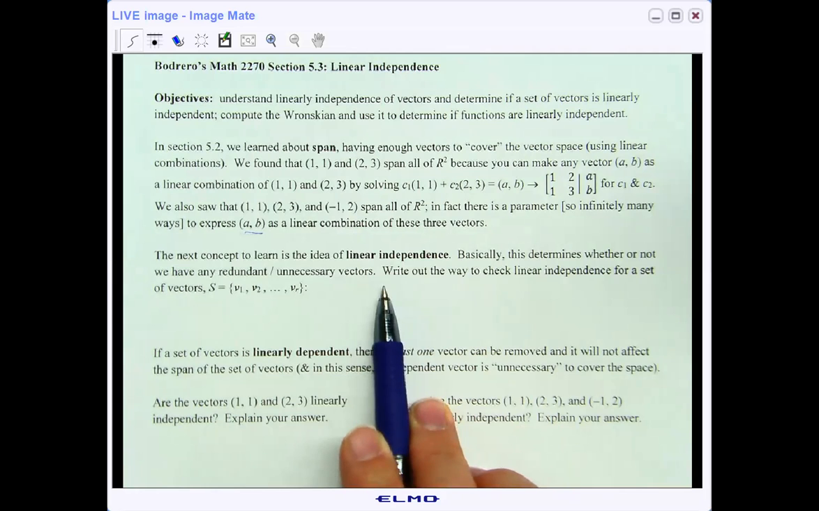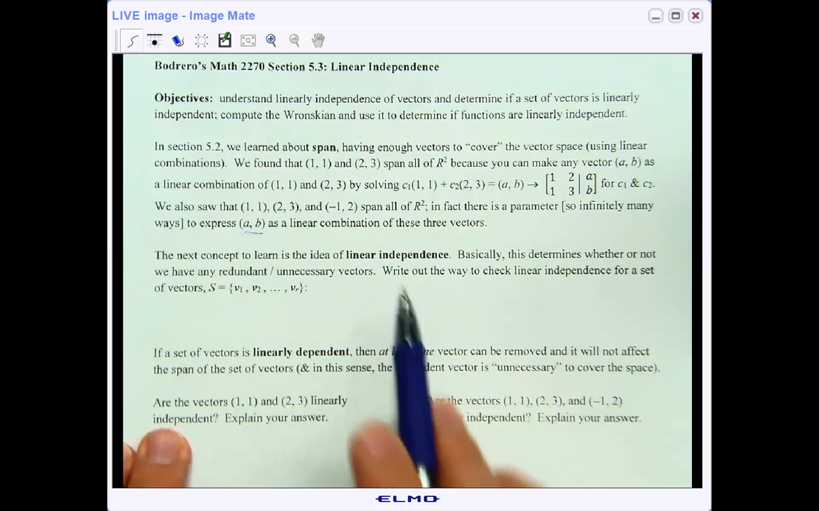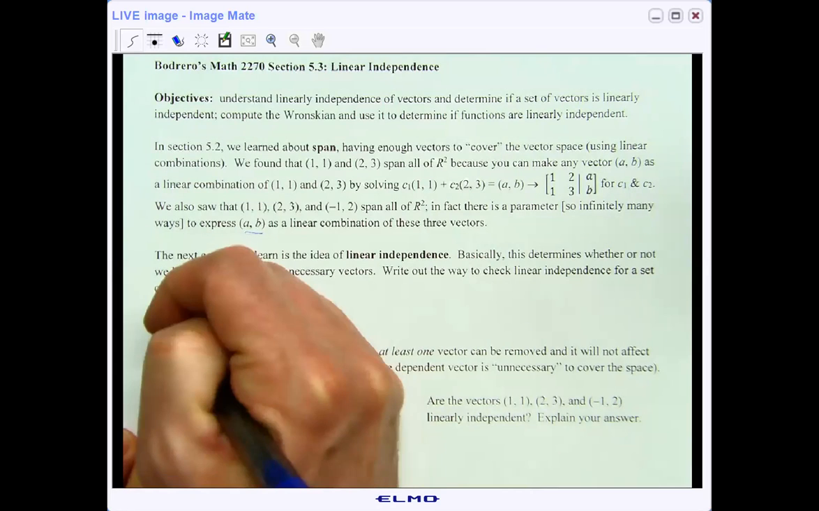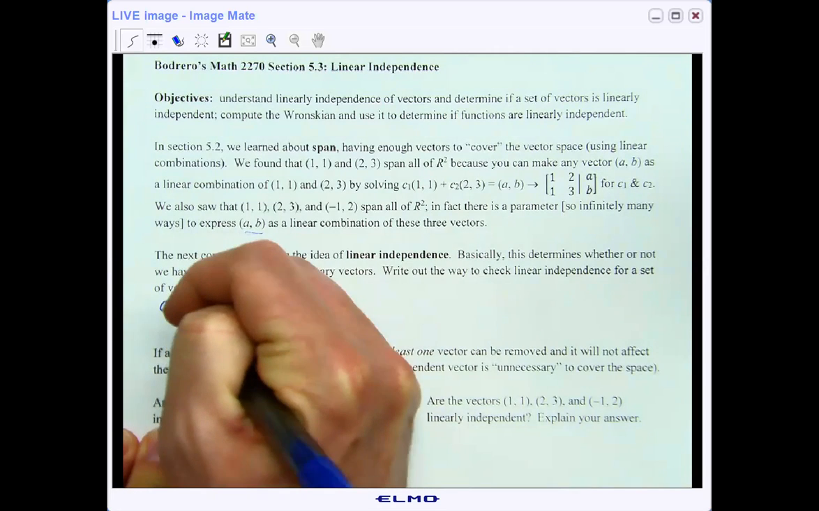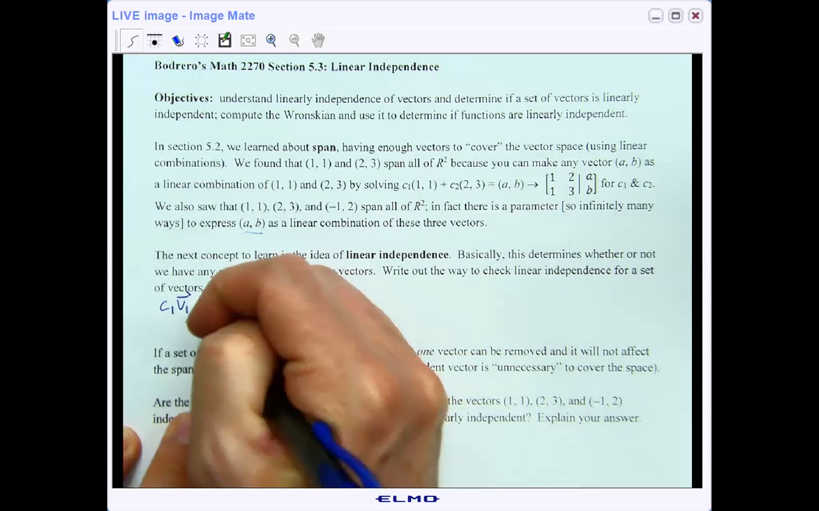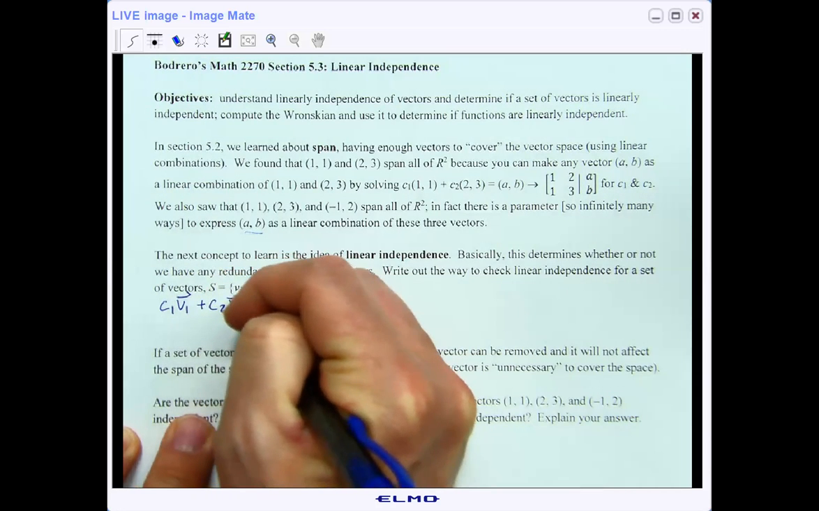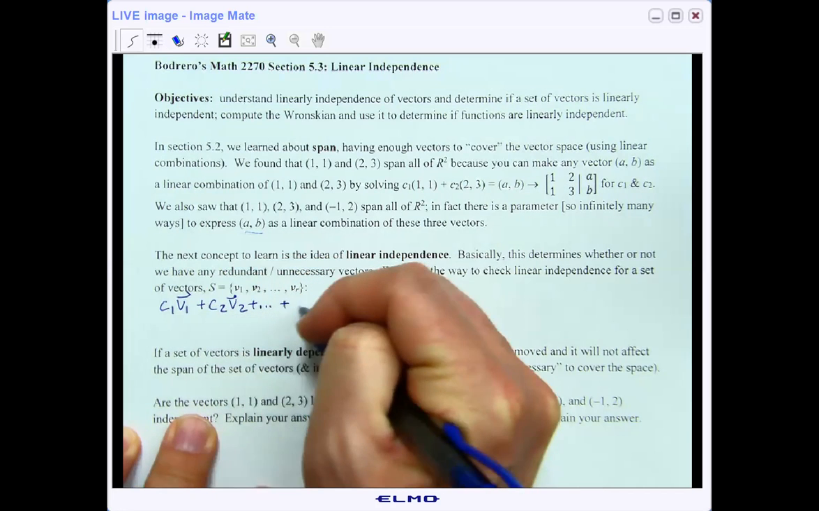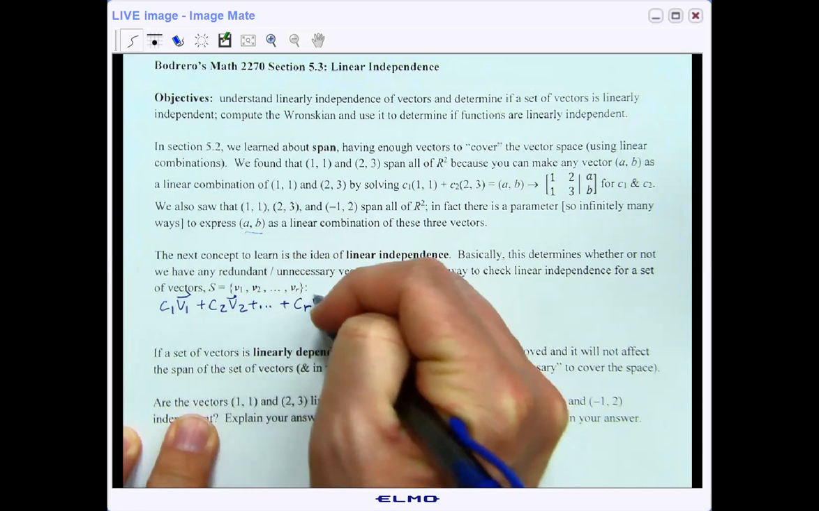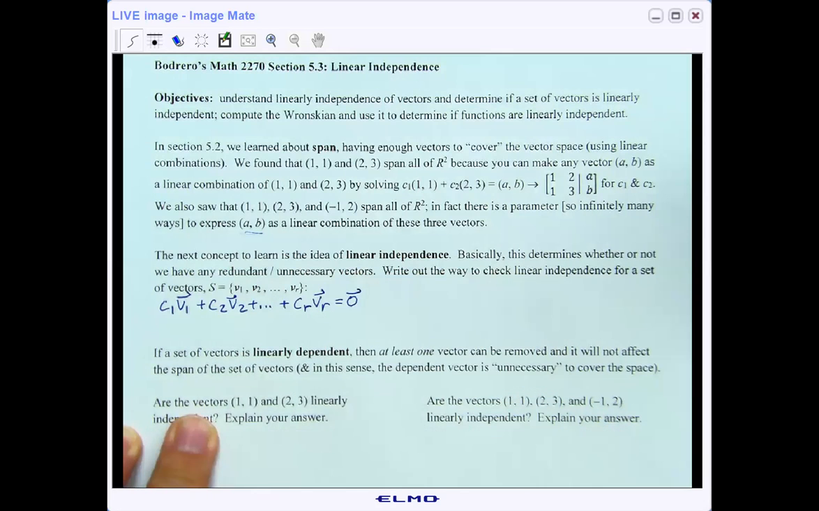To do this, we check for what we call linear independence. If the set of vectors is linearly independent, then none of them is unnecessary. If the set is linearly dependent, then at least one of the vectors is unnecessary, because you could make it using a linear combination of the other vectors. Our definition of linear independence: take a constant multiple times the first vector, plus a constant multiple times the second vector, and keep going until you get to the last vector,